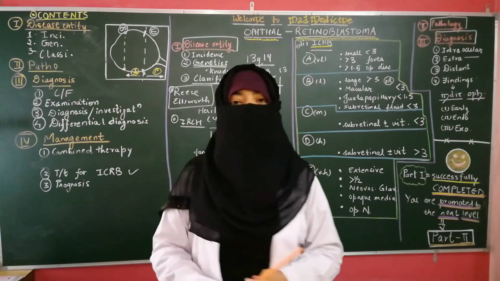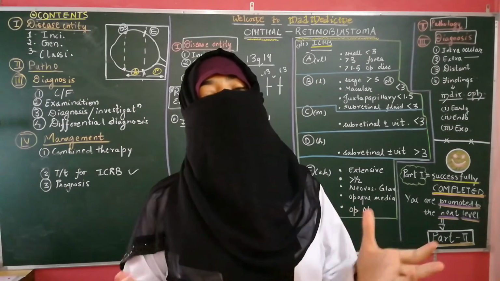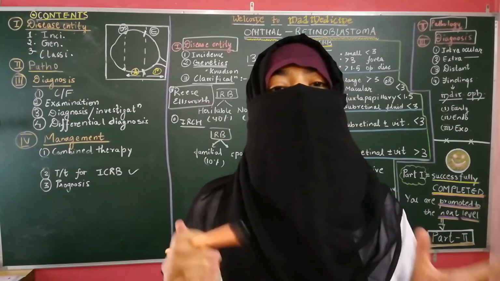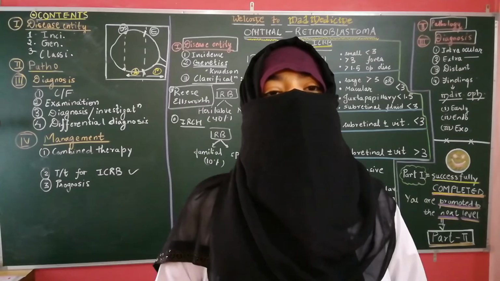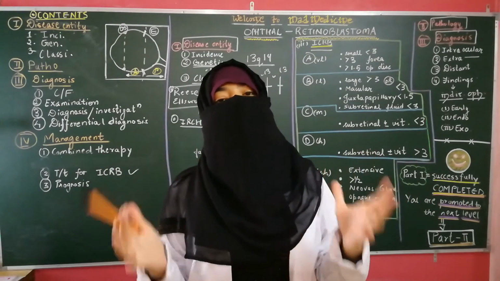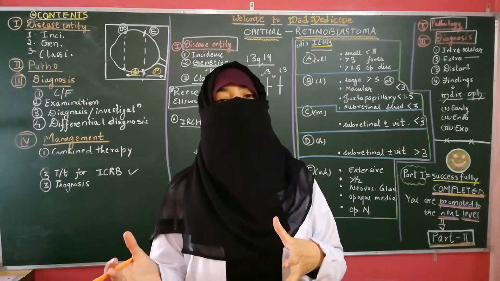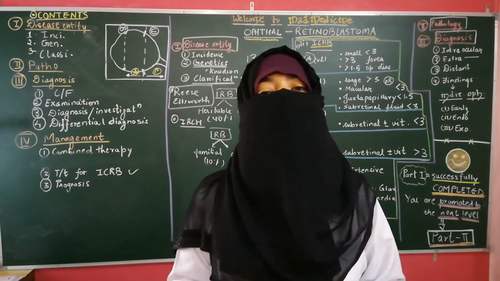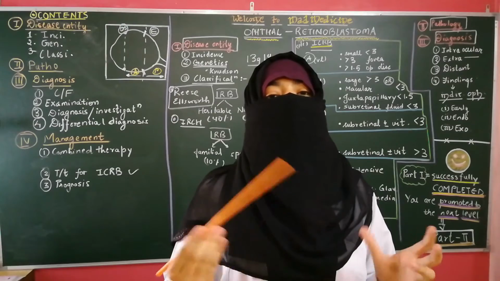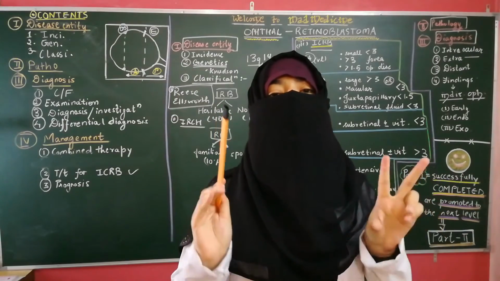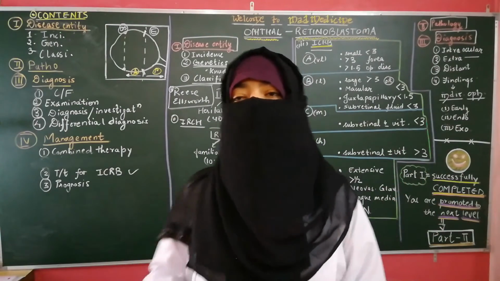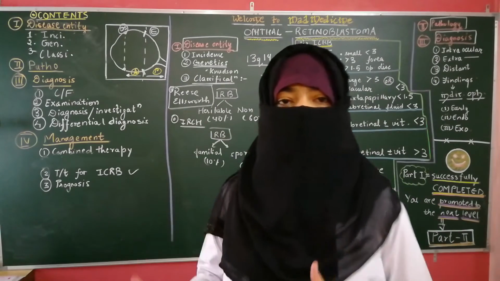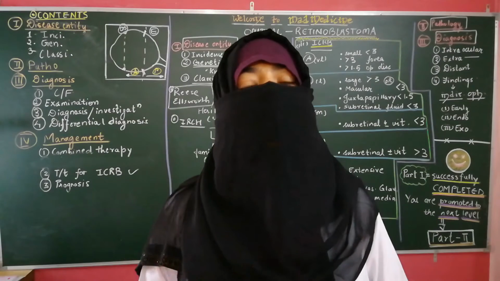Then we talk about the genetics. In genetics, you know that it is the retinoblastoma gene, RB1 gene, located on chromosome 13, q14 band. And this is a tumor suppressor gene. So when this gene gets mutated, then what happens? There are various other tumors of the body, and obviously the most common is the retinoblastoma. So there is Knudson's hypothesis or a two-hit theory that both the alleles of the gene should get affected by hits, that is they should get mutated so that the disease is manifested.